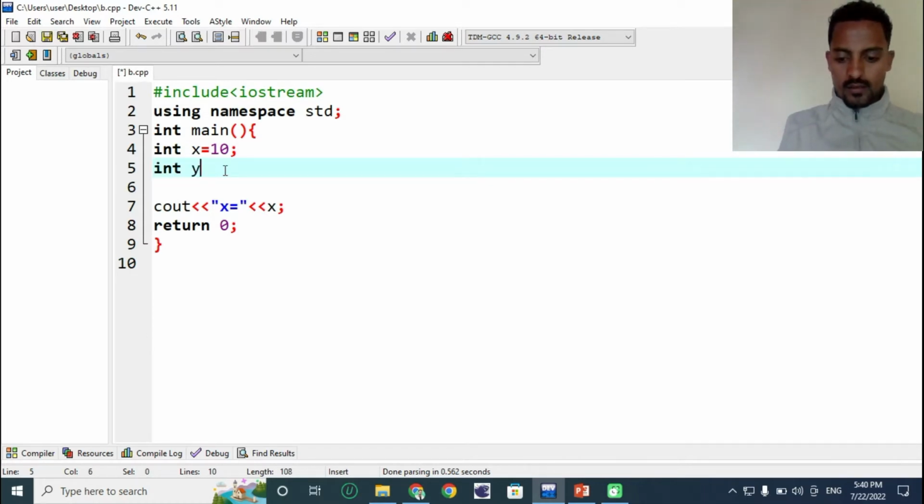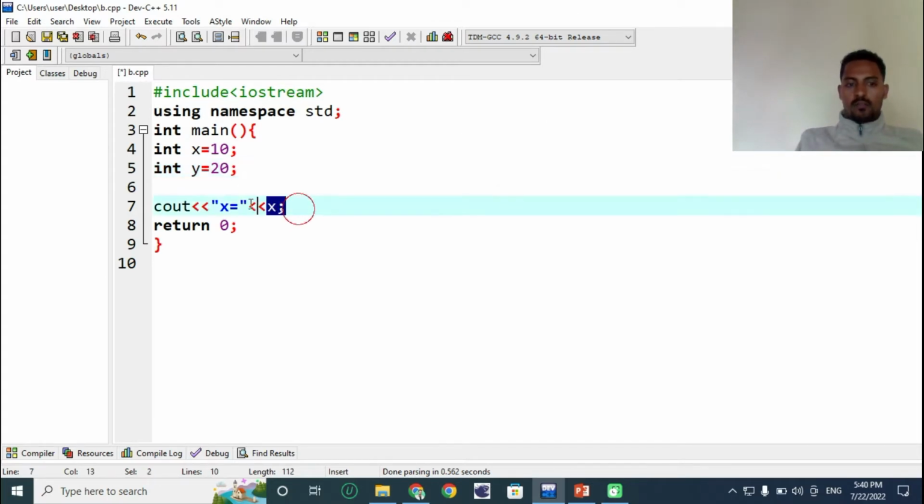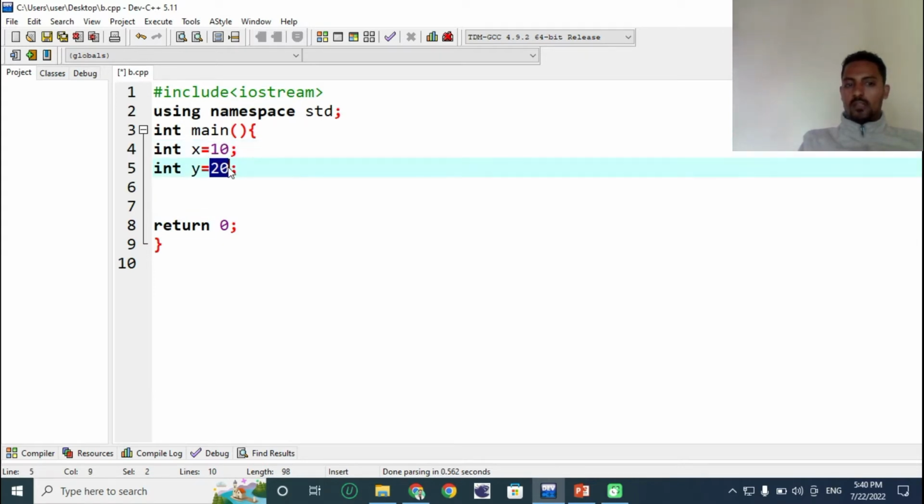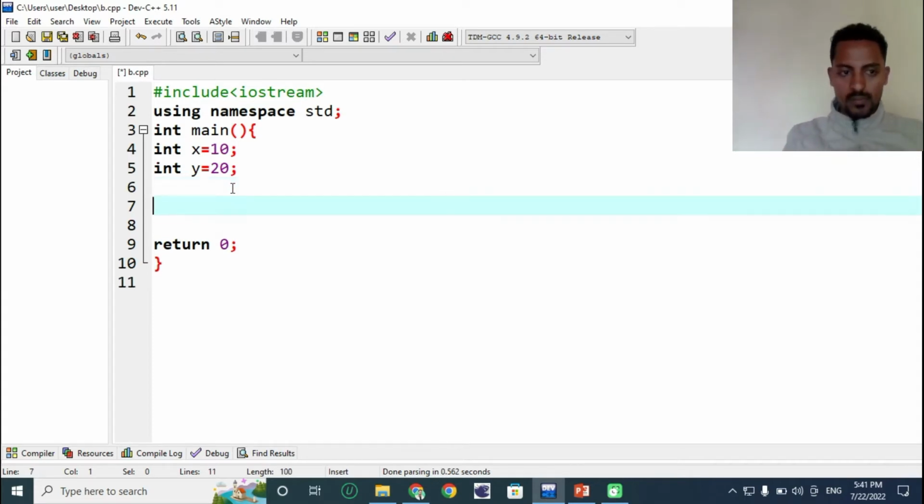int y is equal to 20. Okay, let's say the value of x is 10 and the value of y is 20. So which one is for example maximum for example. So if then look,